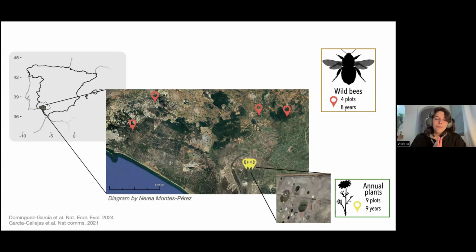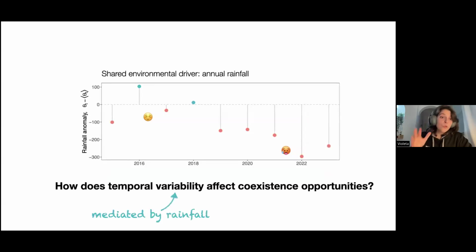And please remember, we are not studying pollination interactions. These are two independent, different data sets, okay? So we are talking about intra-guild interactions, so just to remember that. But what they do share in common is an environmental factor. In that case, it's rainfall, and our working hypothesis is that the temporal variability in